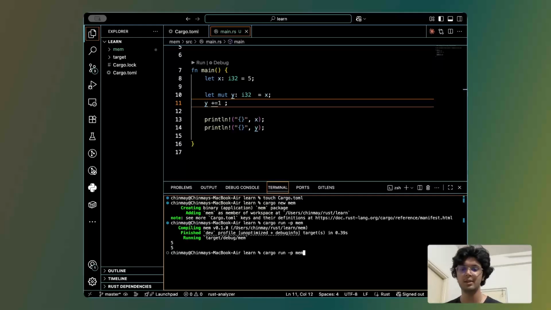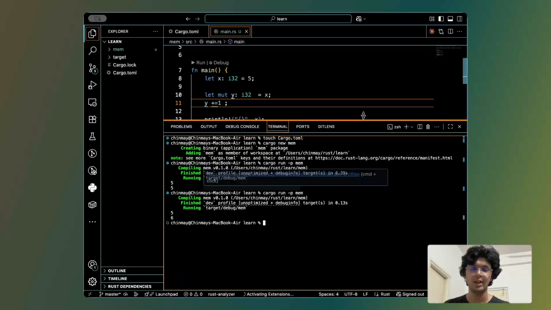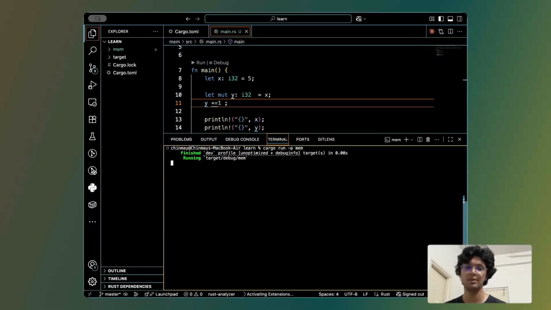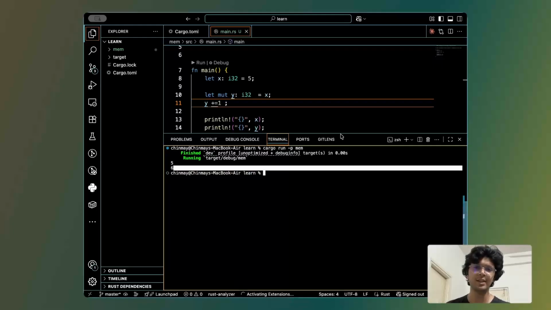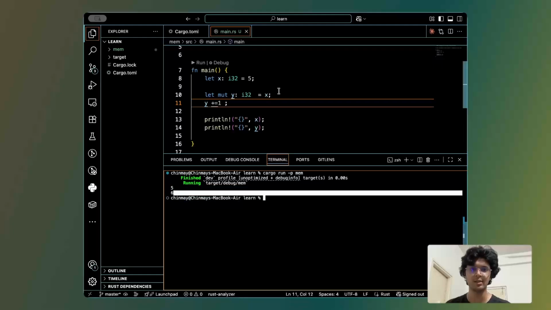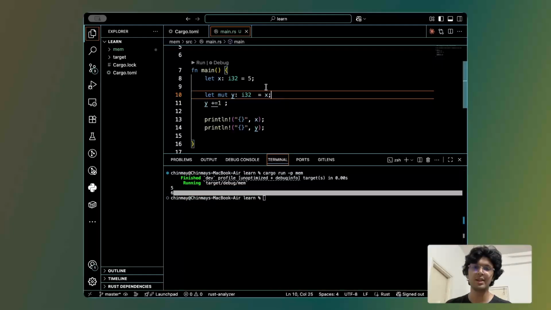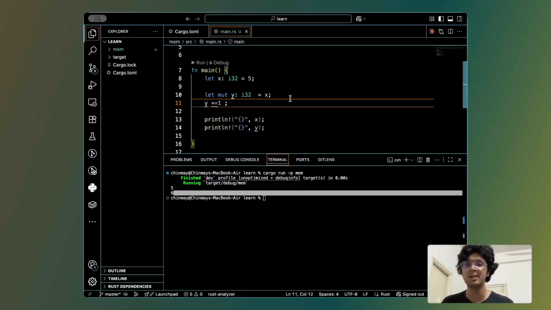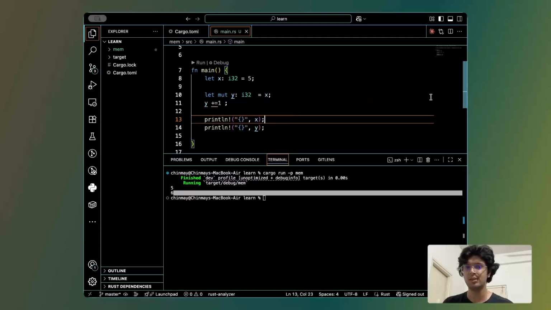So let's run again. You can see the output, let me clear it. The output is 5 and 6. We are printing x before and then y. So x is 5, y is 6. But what we did is we created a variable y as a pointer to x, and then we incremented y. In the languages that you use, you might say this is a shallow copy, which should change the value inside x itself. But x does not change. Let me show you